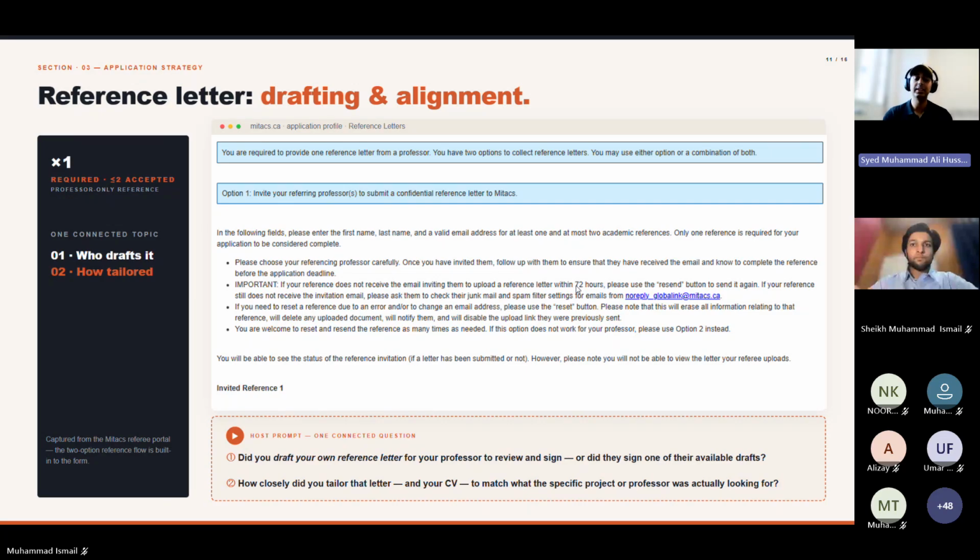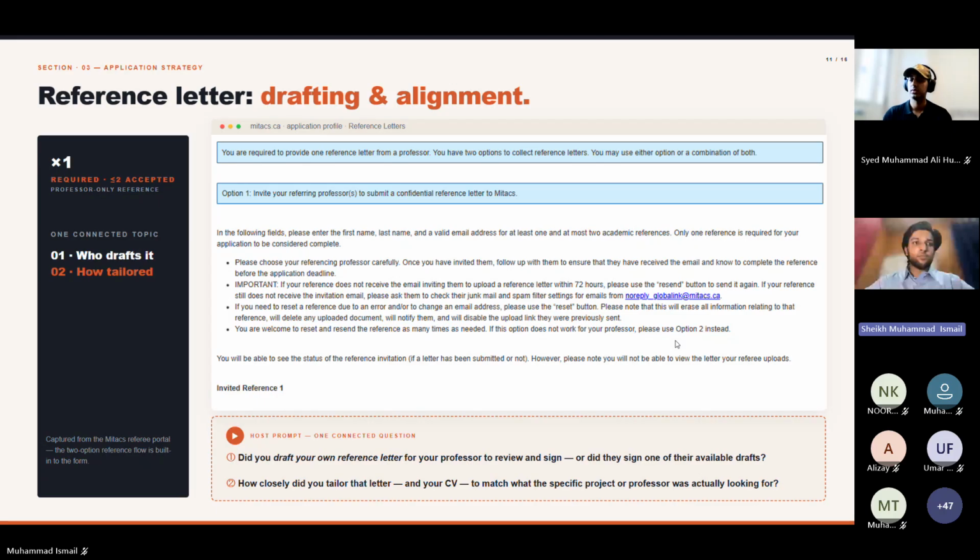But this is the main thing that differentiates you, because it actually shows whoever is reading the reference letter how resilient you are and how adaptable to changes you are. And that can make a big difference in like 95% of situations. So that is my experience of reference letters.